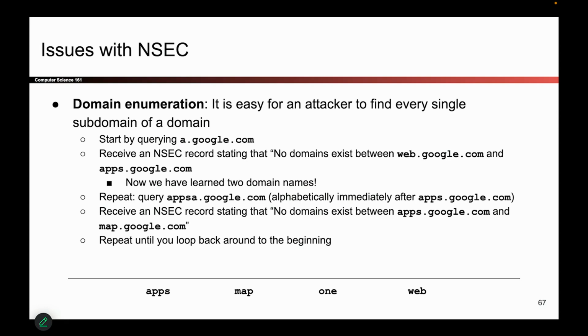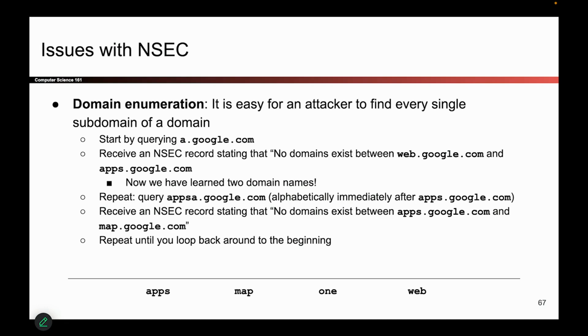So let's say you go and request the IP address of nonexistent.google.com. And the response that comes back is a record saying there's nothing between map and 1. And there's a signature on that record that you can verify. But if you think about this from the perspective of the user, they have now learned something that they previously didn't know.